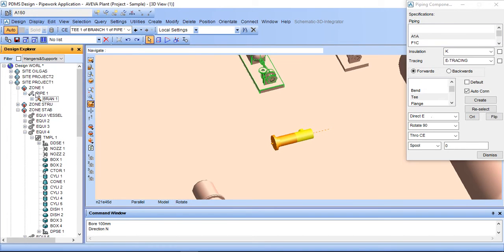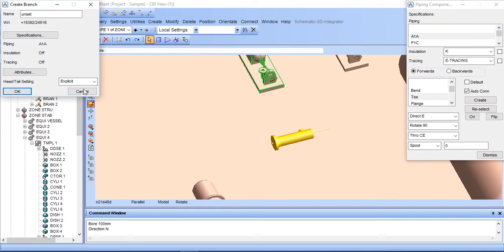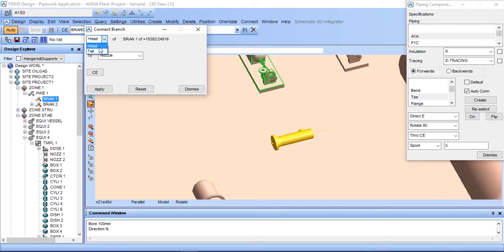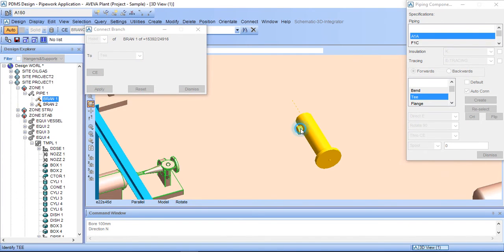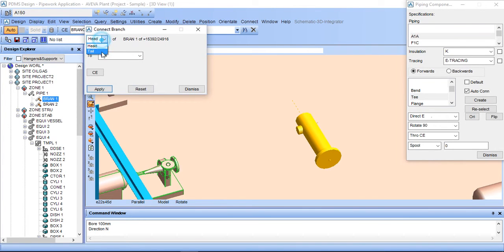So we will create another branch through connect. Our head is on T. Our tail is on nozzle.